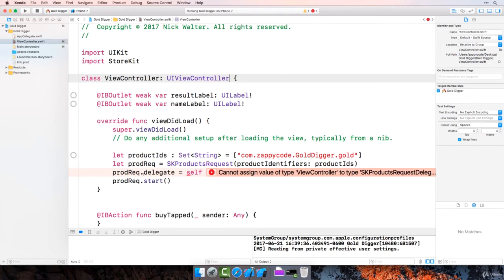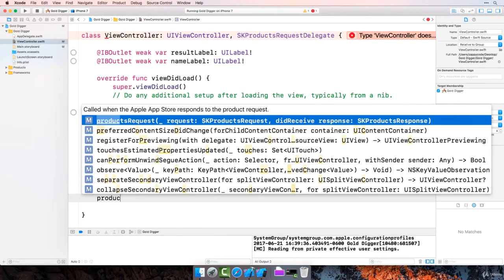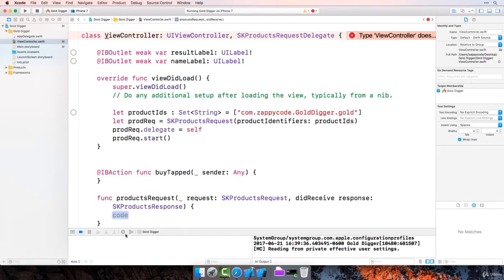So this is giving us an error because I said this view controller would be a delegate, but we haven't set up the protocol here. So I'm going to say SKProductsRequestDelegate as the protocol here. And then once we've done that, that error will go away. But then we get a new error because it's like, hey, you haven't implemented the proper functions. So the one that we're going to do here is if you just start typing out productsRequest, you can see it's going to give you back some information about what happened when you went and made that request. So we're going to do a little print inside of here that just tells us that we made it. So I'm going to say loaded